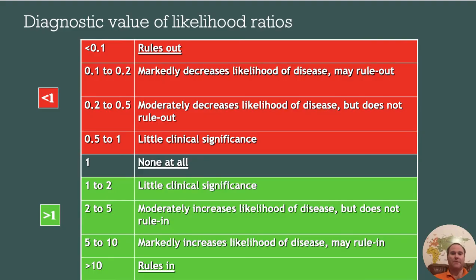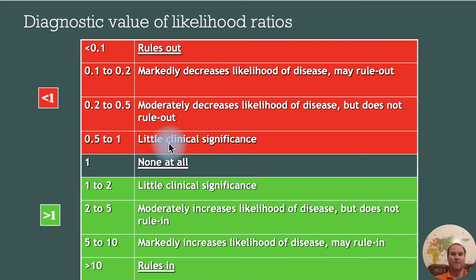In practical terms, if we were to look at negative likelihood ratios, if you've got a negative likelihood ratio that's less than 0.1, that effectively rules the disease out. If you've got a likelihood ratio of a positive test greater than 10, that effectively rules the diagnosis in. And all these numbers between 1 and 0.1 give you a fair idea of where your test sits,